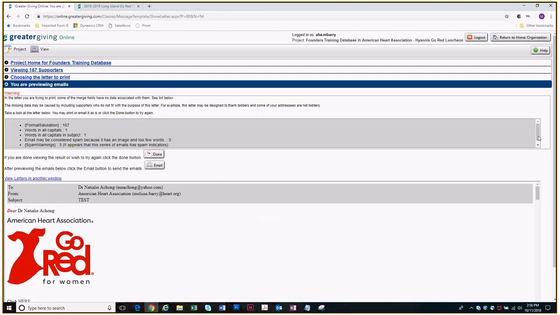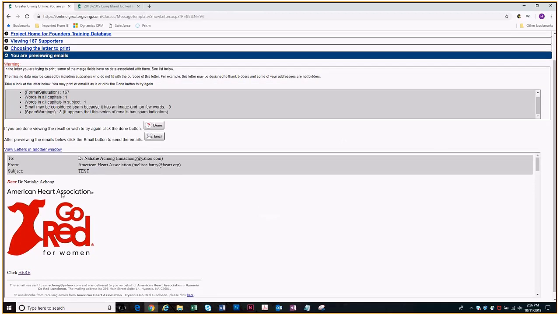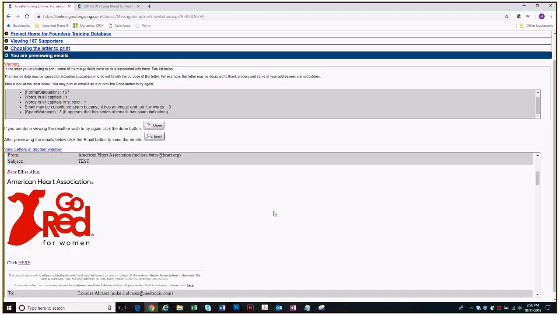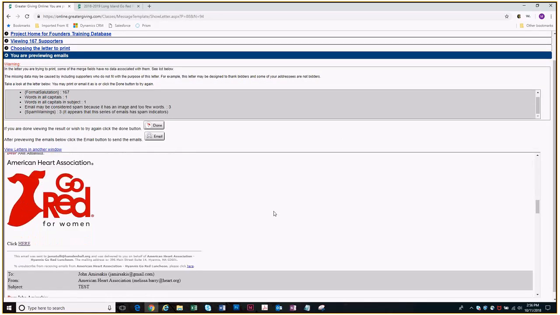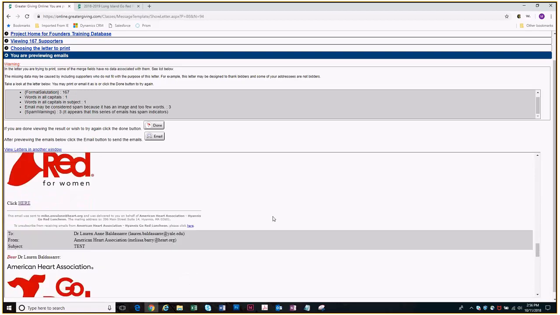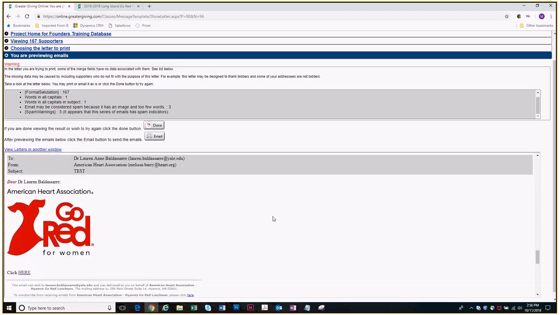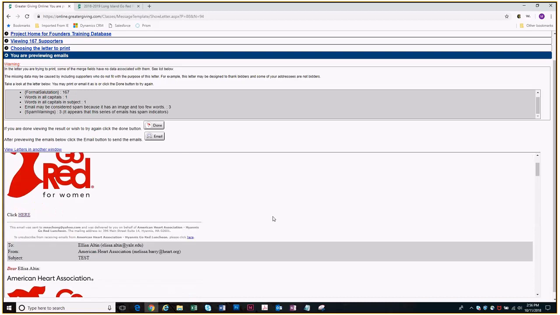You get one more chance to look, and you'll be able to actually preview every single email if you want to. I don't recommend it if you have a huge database. It'll take you forever. If all looks good, click on email. Just know with big databases, it does take a minute for the email to go through, so don't click that